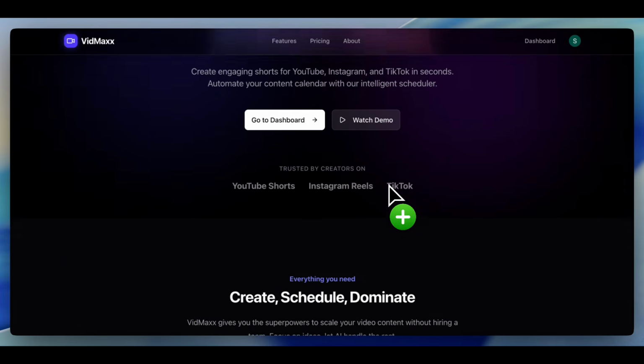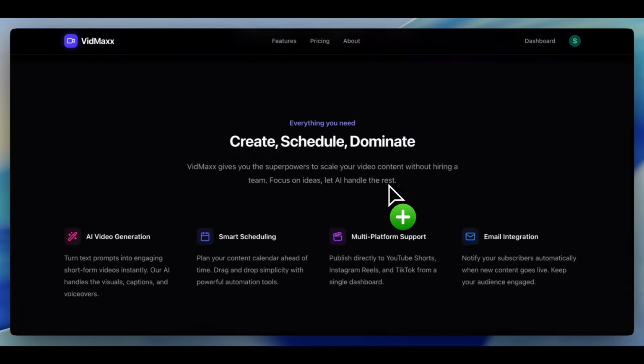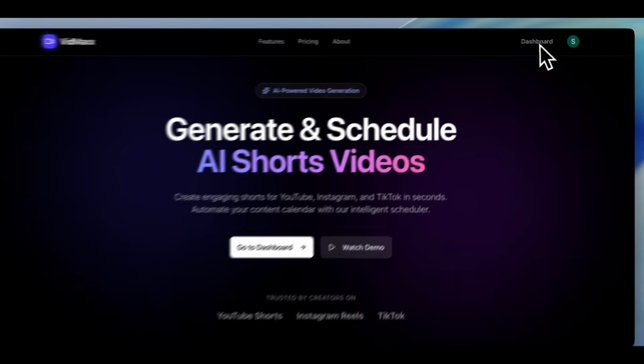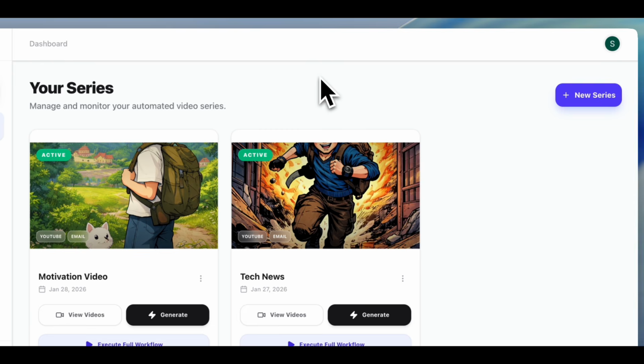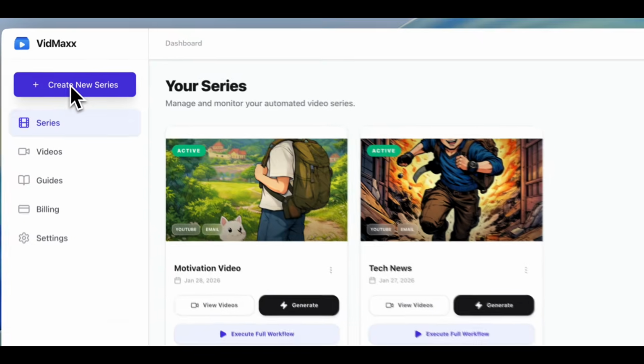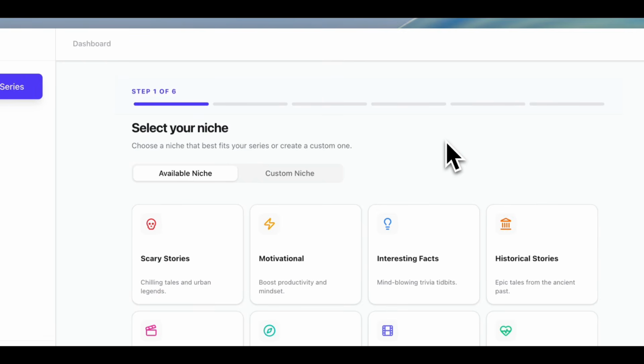Now if you see, we have this beautiful landing screen, and this landing screen is also generated with the help of AI. With the help of Gmail and email authentication, simply navigate to the dashboard, where on the dashboard we have the sidebar and the header. On the sidebar you will find some options. Now in order to create a new series, simply click on create new series and it will navigate to the